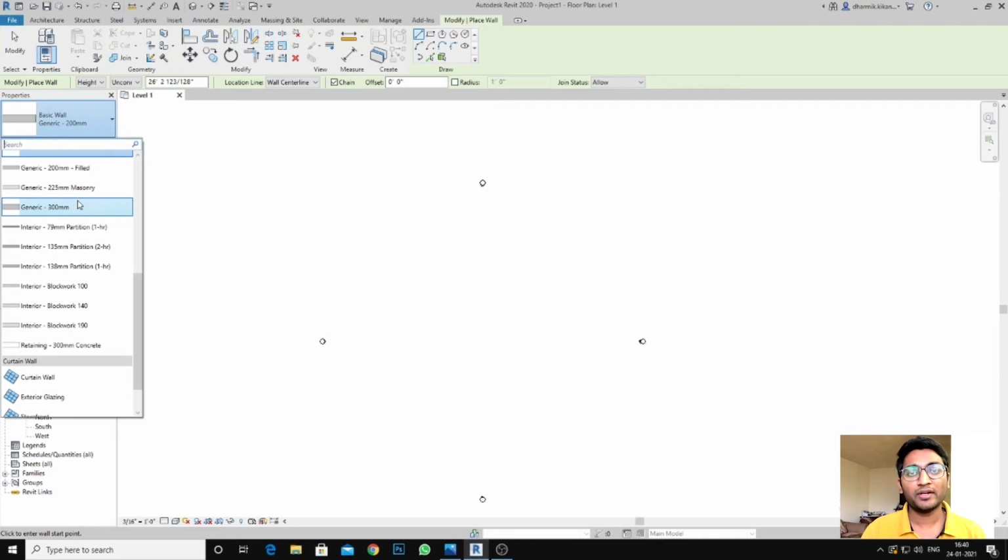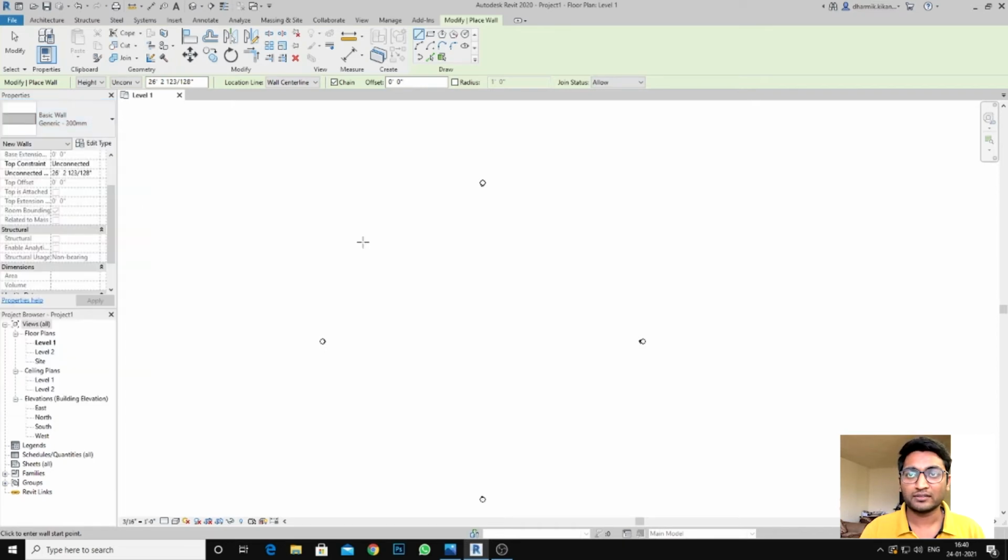You can also modify the wall according to your requirement, but today we make one small tutorial which is take the random size. So select here the 300 mm size. Select wall, click the left mouse key and just drag from left to right and right to south side. Select here and click, and as you can see, one rectangle is ready.